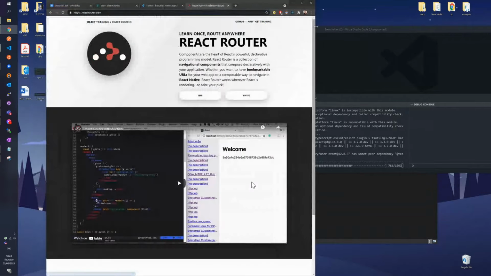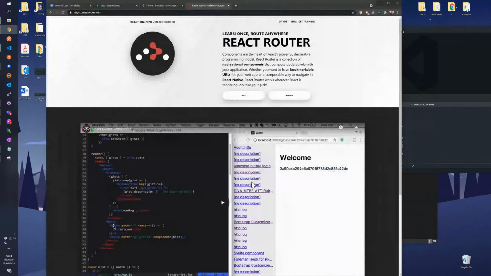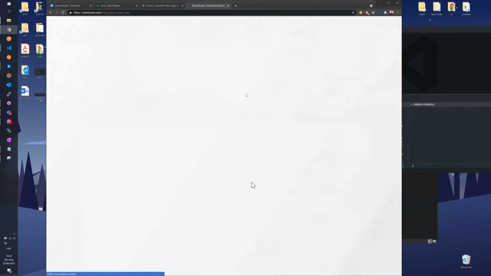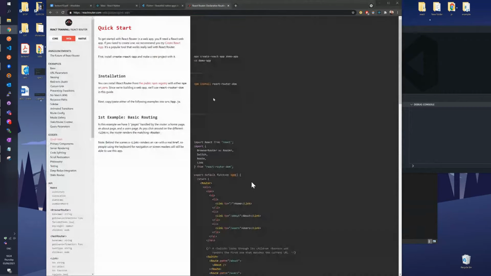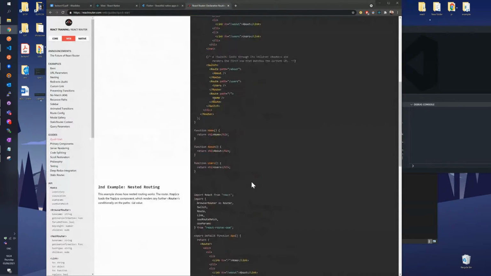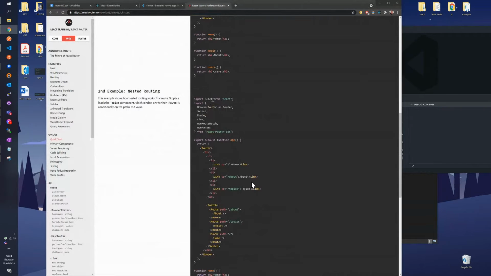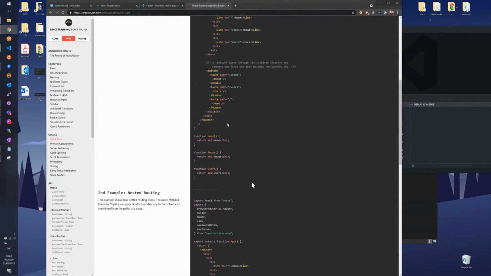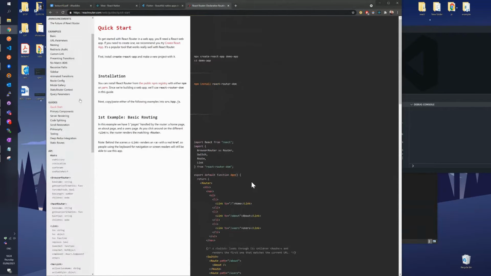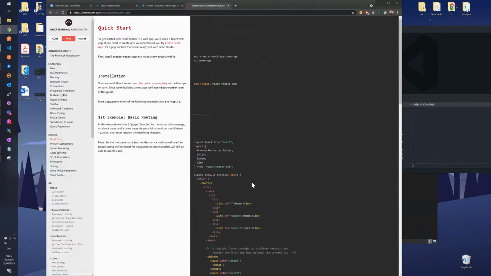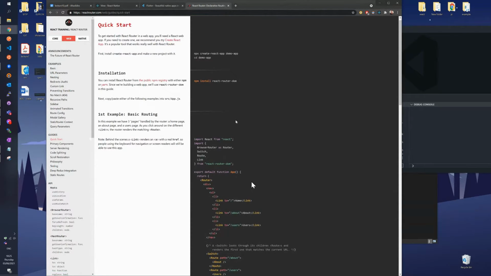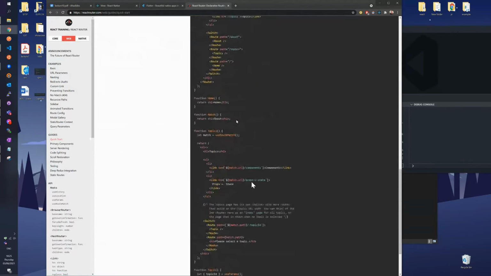Regarding this routing, I'm going to show you only the basics today, which I think should be good enough for you to apply in the group projects that you're working on. However, there might be some exceptions or special things that you're trying to do with your application. In that case, here's where all the documentation will be: reactrouter.com. Here you have really good examples on how to use it.